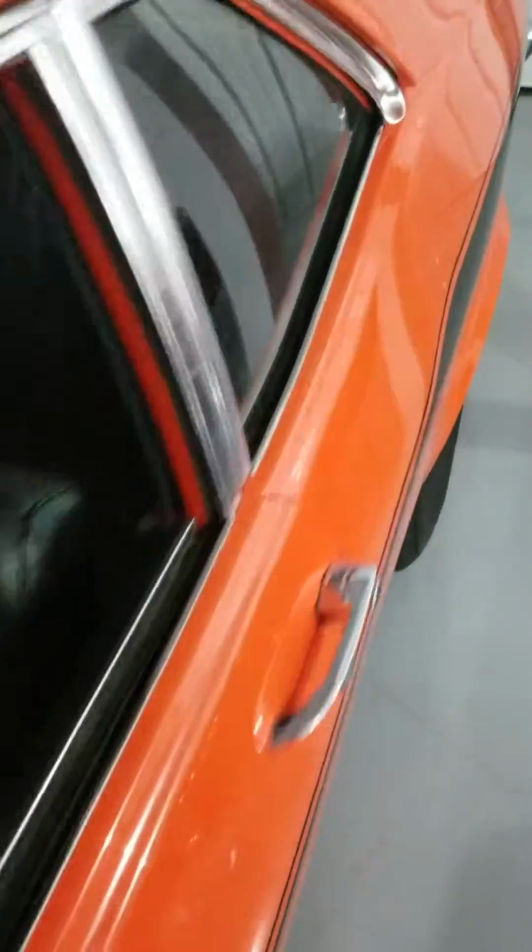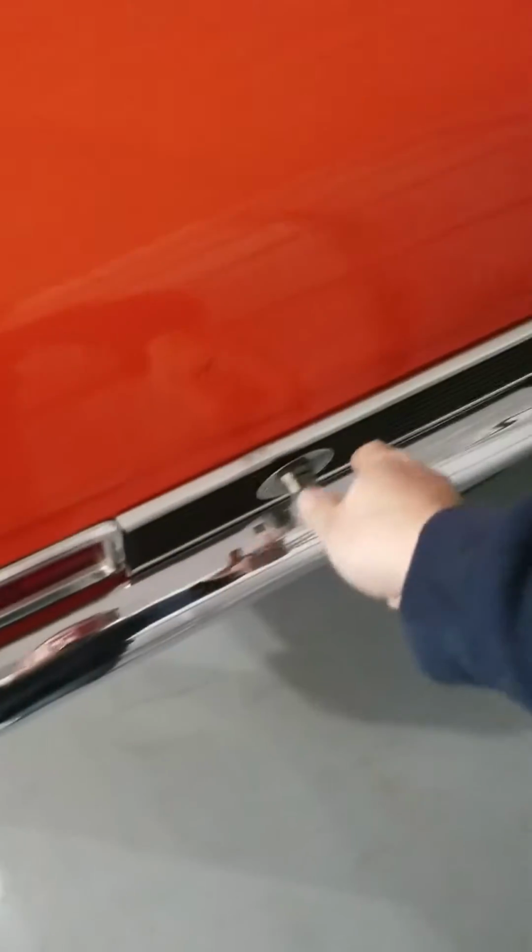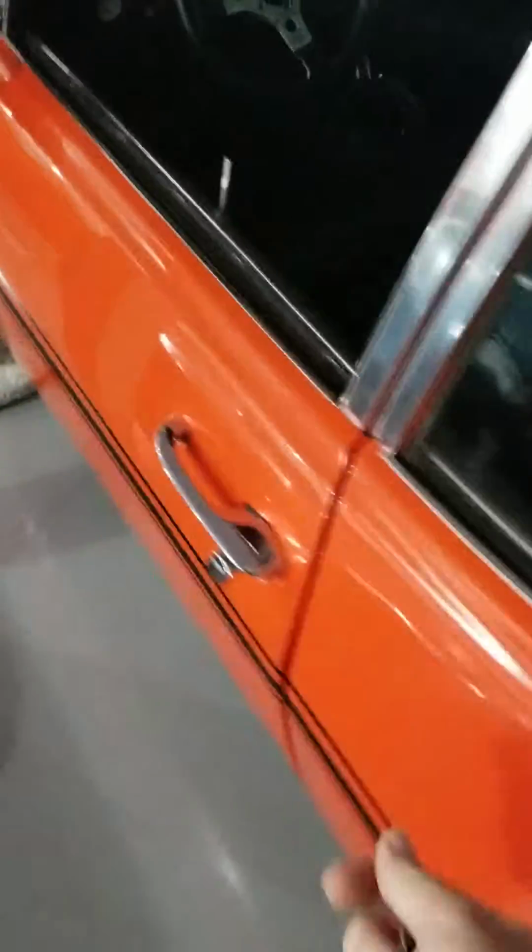All right, we're gonna go turn the kill switch on here first. Safety mechanism here, right here in the back of the car. Flip that on. Then we get in here, and